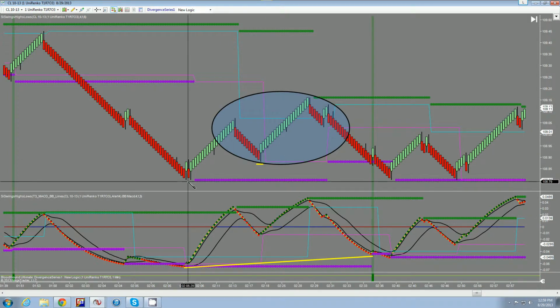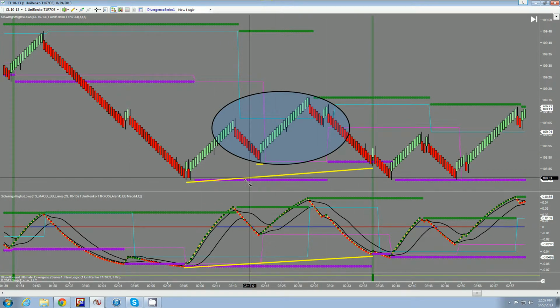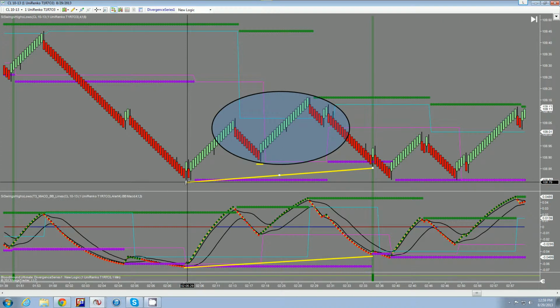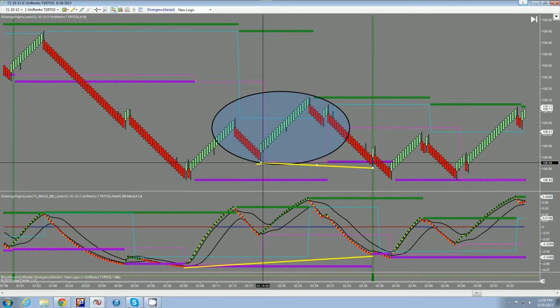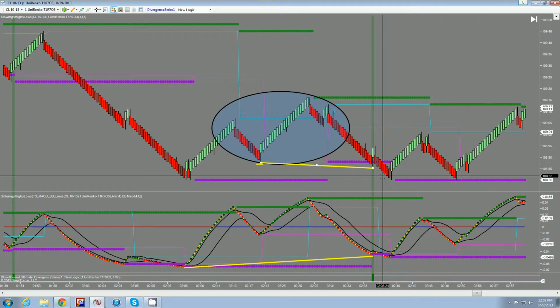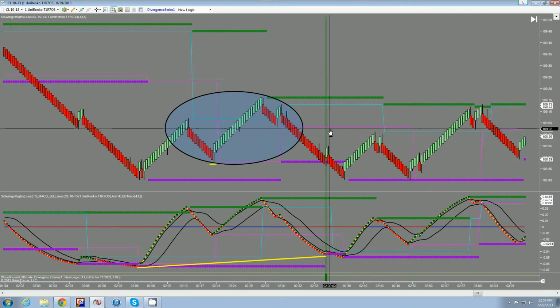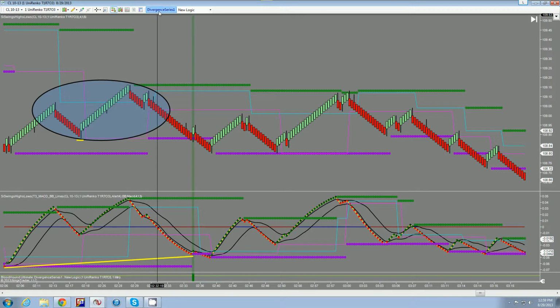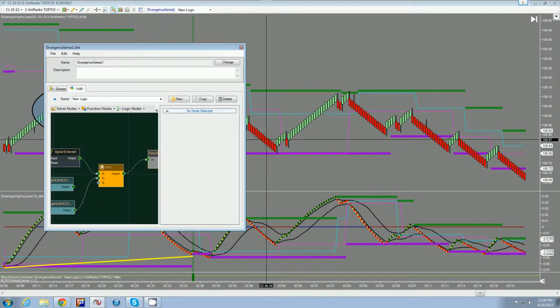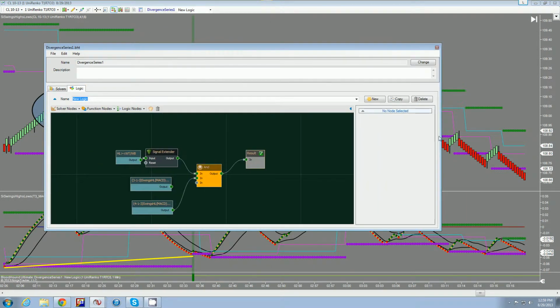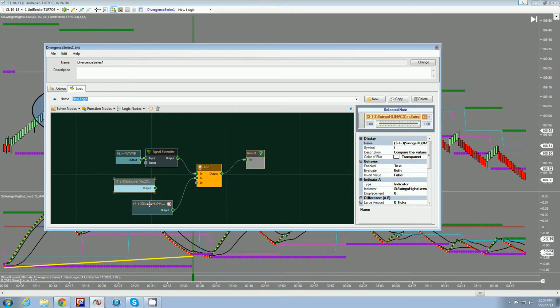So really, price is not looking from here to here. Price is looking from here to here. So there is a divergence there, but in reality, that's not a good signal, so that's faulty. So what we do, we can't eliminate that good signal, because then we eliminate all the other good ones. So we have to